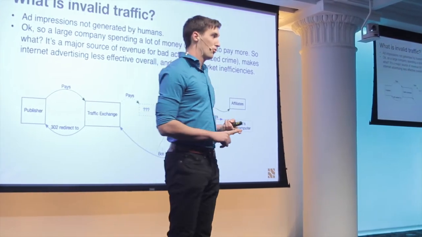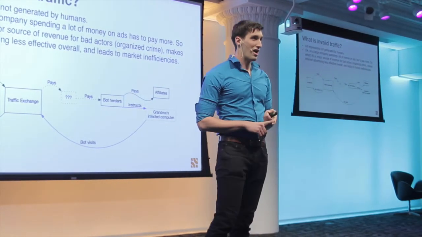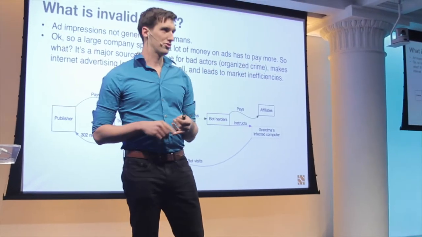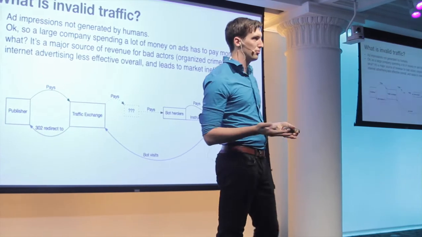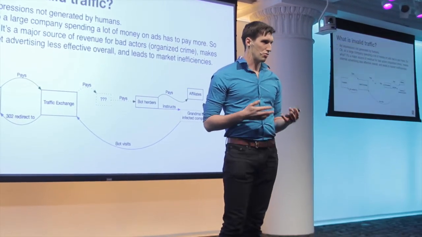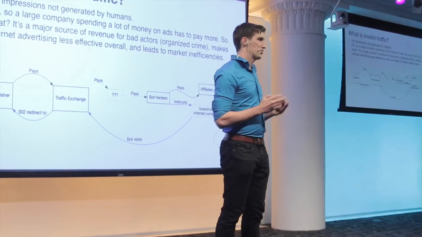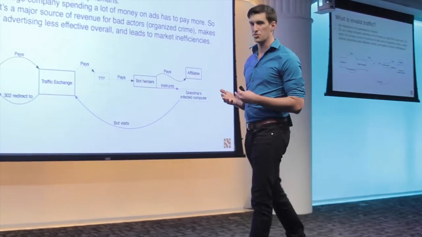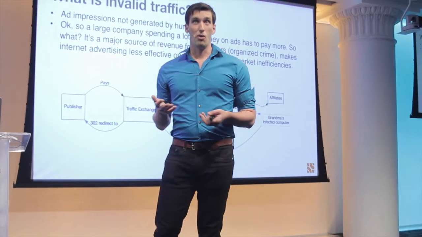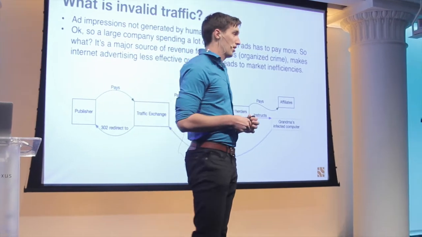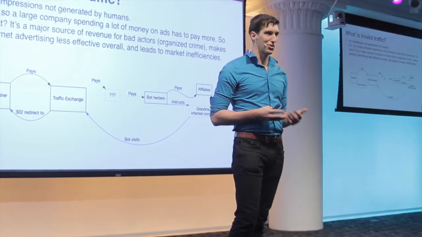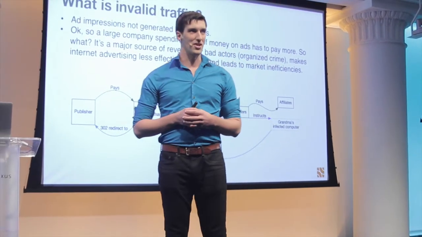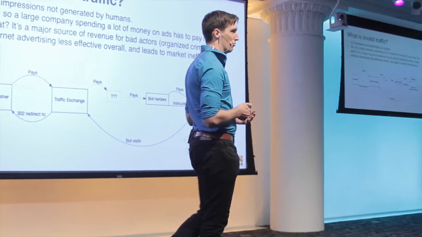A lot of people who want to make money doing this, invalid traffic and generating fake impressions, do it using computer viruses. They'll write viruses and find ways to get them onto your computer. And there's malvertising, which is when people put viruses in ads and try to send them on the internet. There's all sorts of bad things that happen when you have this ecosystem of malicious activity. And it probably even is helping fund organized crime. Now, not organized crime like Goodfellas, but it is probably some people in Eastern Europe or Southeast Asia who are just doing this to make a lot of money, and it's real bad.